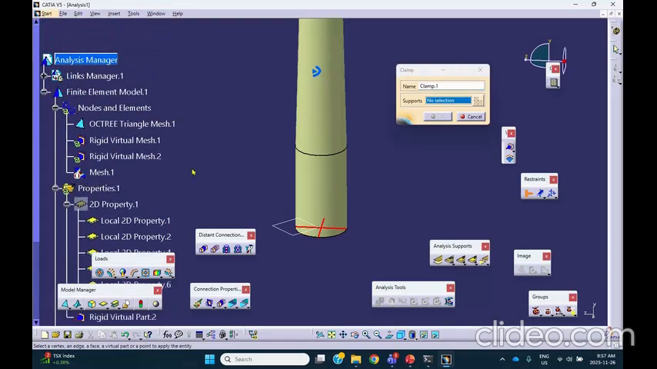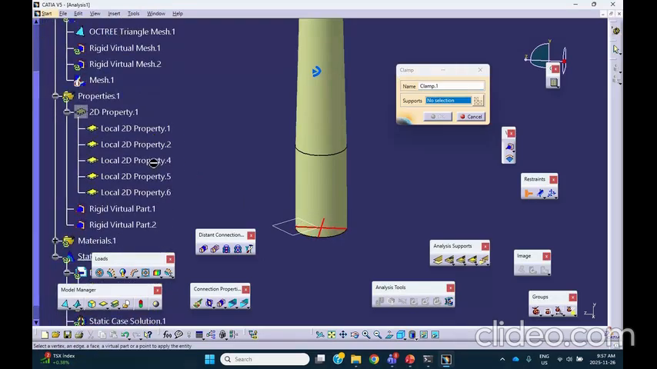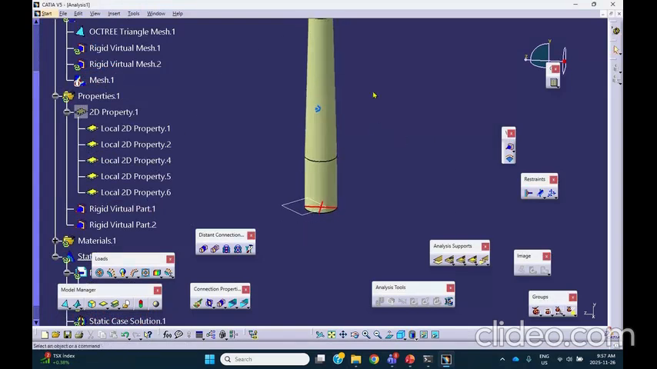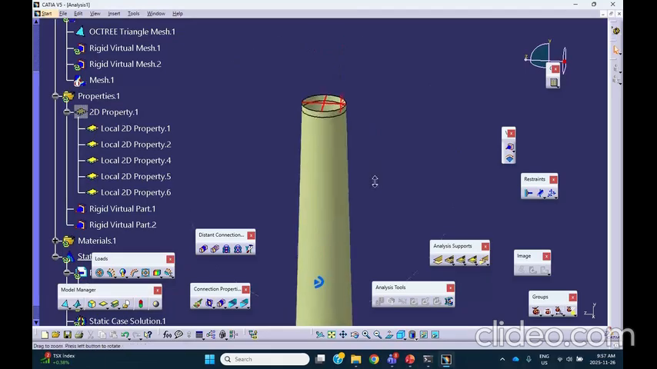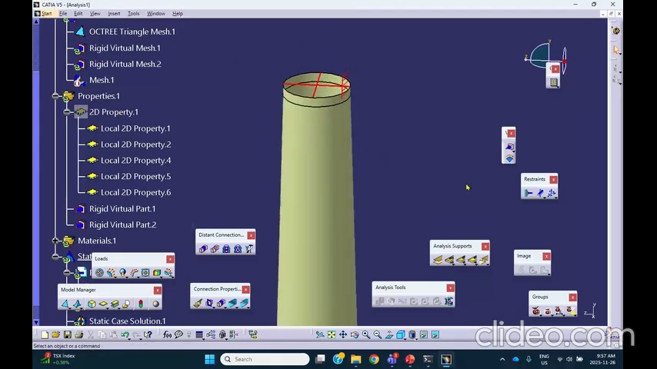So I can select it from the streams or from here, of course. Is that the bottom one? Yeah, that is the bottom. Good. And that's clamped. Then I apply loads on the top. And let me show you what happens here. If you go to force, let me go here,